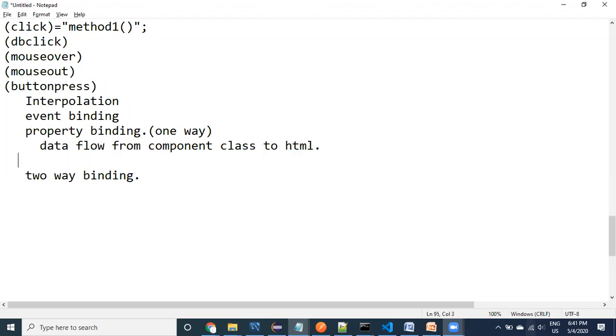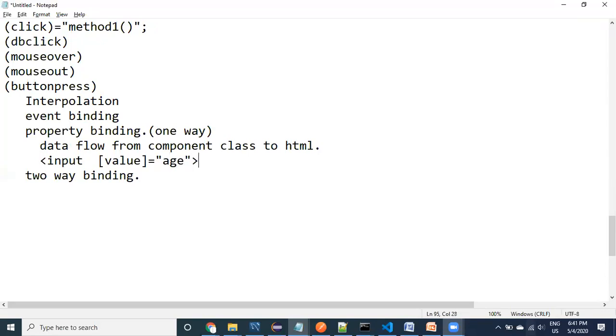What is the syntax? Using square brackets. Maybe I take the example of input. Inside the input, I provide value. For this value we have provided square brackets, and then I provide the property name, maybe the age property.